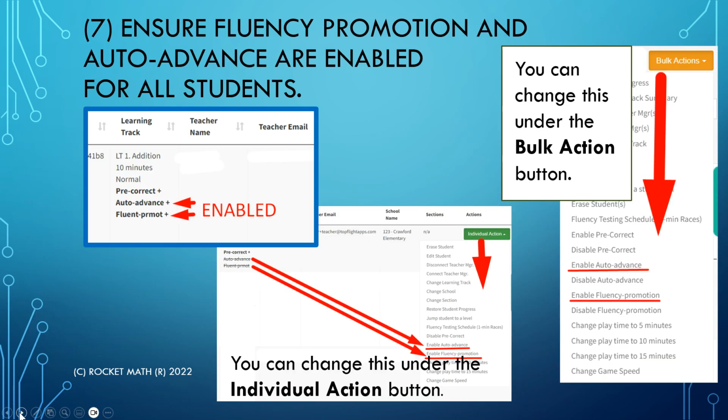Number 7 is to be sure that fluency promotion and auto advance are enabled for all students. They're supposed to be enabled by default, but check on the dashboard to see they have a plus next to them, just in case. If they are not enabled, you can do that under the Individual Action button or the Bulk Action button. Auto Advance moves students automatically onto the next learning track when they finish one, without you having